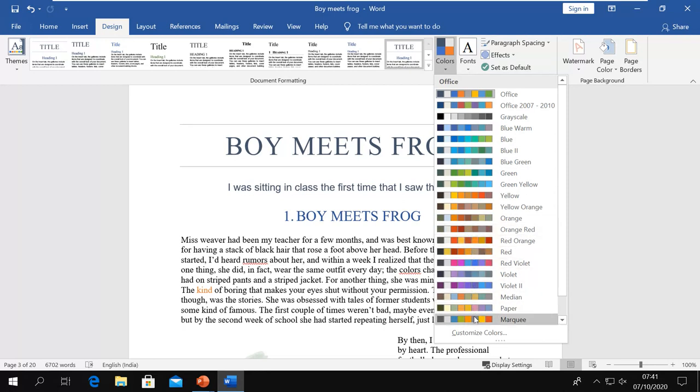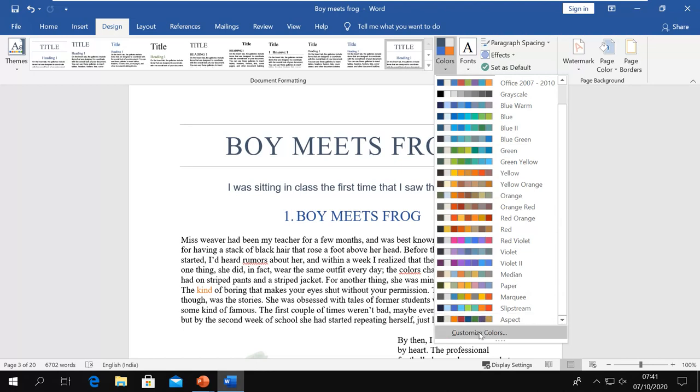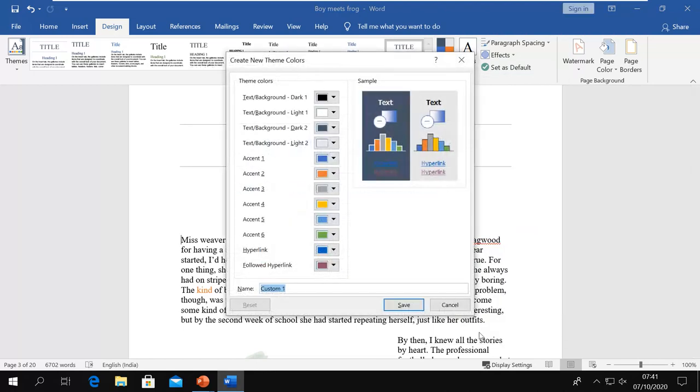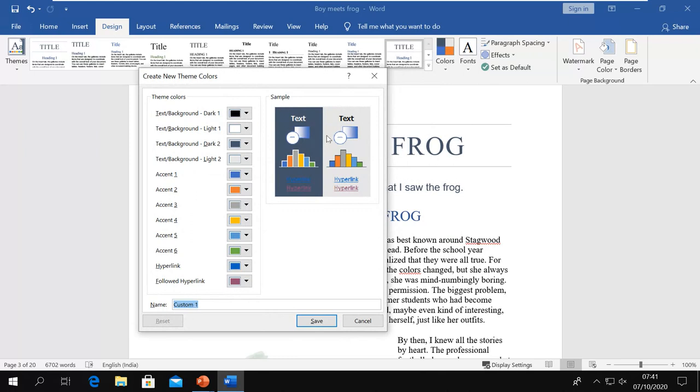So I can choose one of these themes from here, and I can even go for more themes and customize it. Here you can see the sample, and you can choose what you want for the text and background, light, dark, and the accent colors, what you want your hyperlink color to look like, and after you have followed the link, what it should look like.